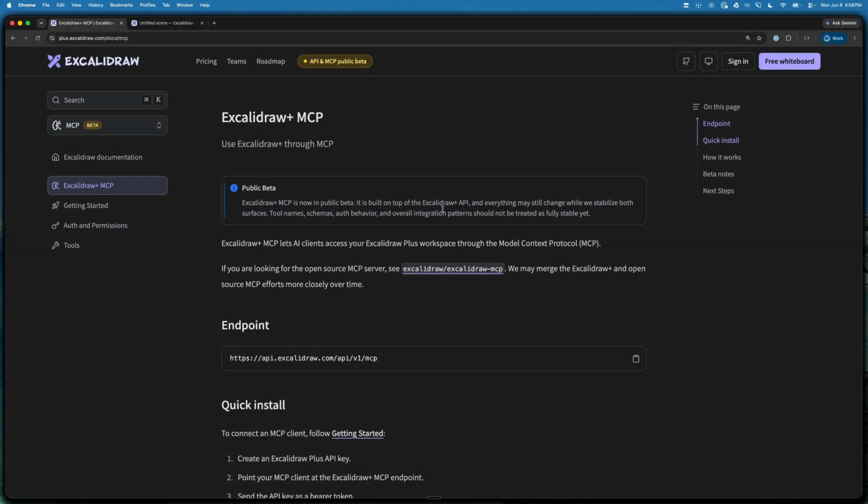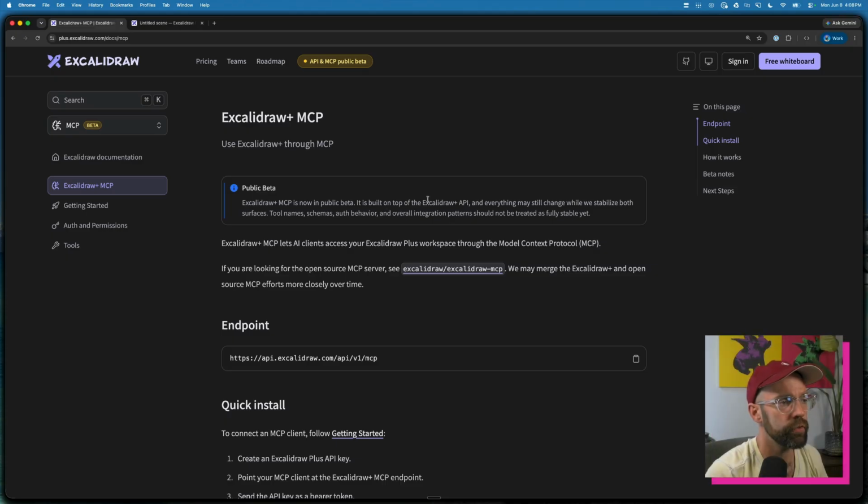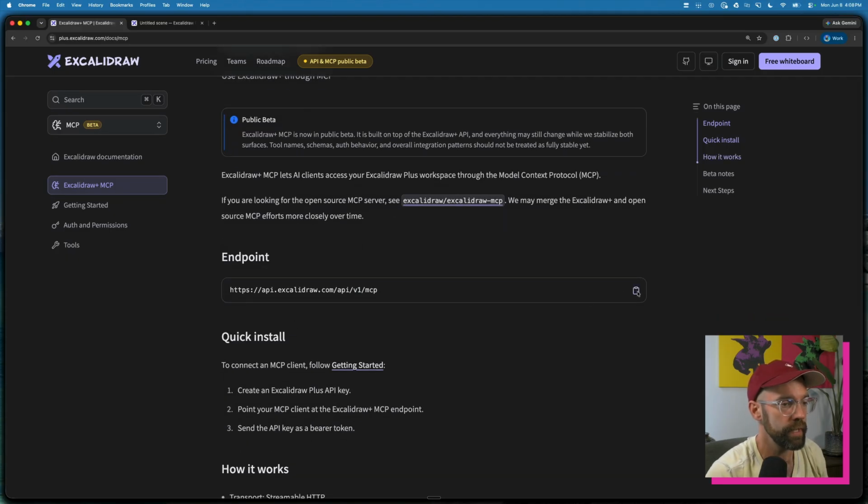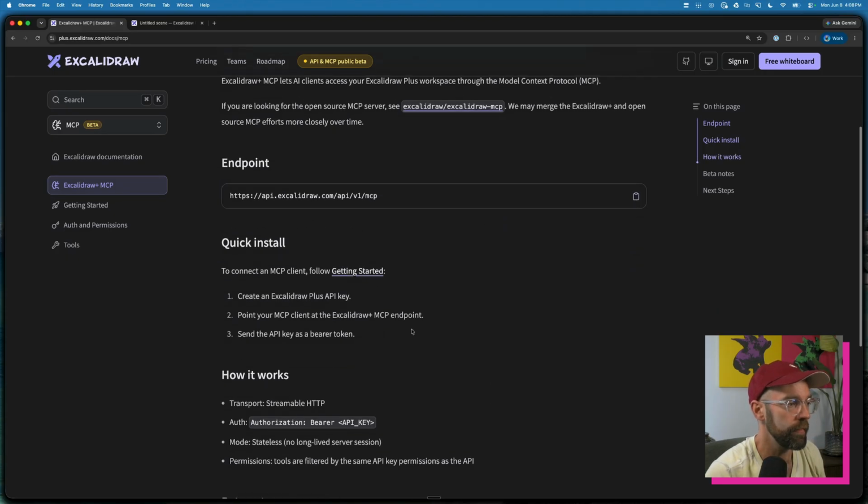The first thing I want to mention is that the MCP server is built on top of the Excalidraw Plus API, which means you need a paid Excalidraw subscription to be able to use it at this particular time. But if you have that, the first thing you're going to want to do is copy the MCP URL, and then go through the process to create an API key, and we're going to use both of those in our configuration. So go through that process, copy the endpoint, create your API key, copy your API key,